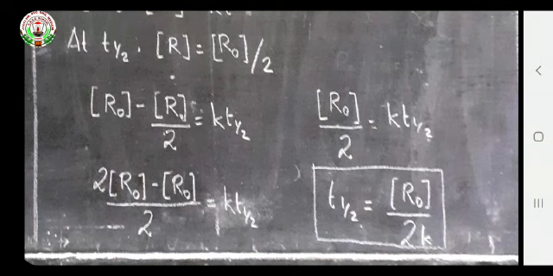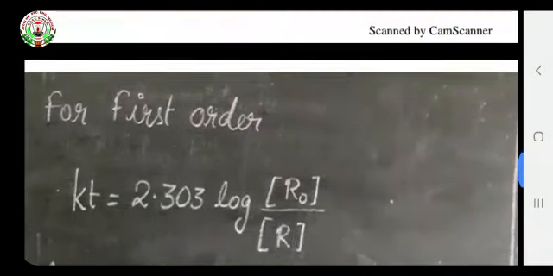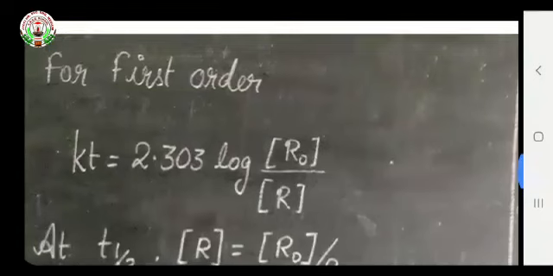By shifting this K, or multiplying this K with 2, we get t half is equal to concentration of R naught upon 2K, and this is the expression for the half-life period of the zero order reaction. With the help of this one we can calculate the half-life period of a zero order reaction. Now for the first order, again first we have to write the integrated rate law expression,